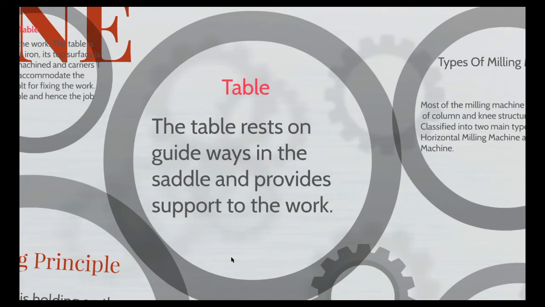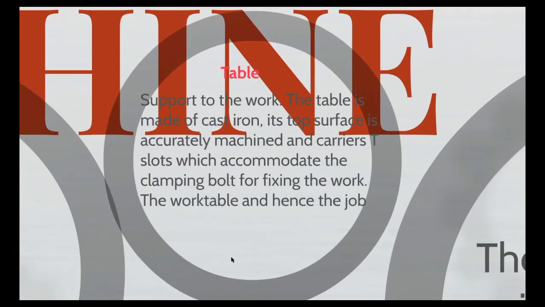Table of the milling machines. The table rests on guideways in the saddle and provides support to the work. This is a rectangular casting which is present on the top of the saddle. The table is situated over the knee. It is the part of the machine that holds the workpiece while machining operation. This is made of cast iron and has T-slots cut over it. Also supports the work. Its top surface is accurately machined and carries slots which accommodate the clamping bolts for fixing